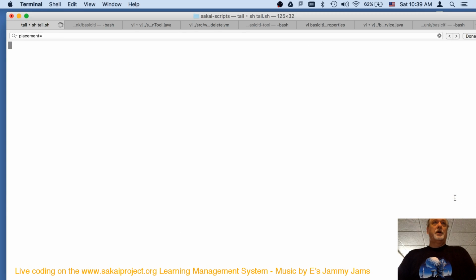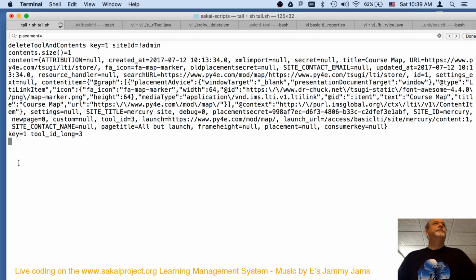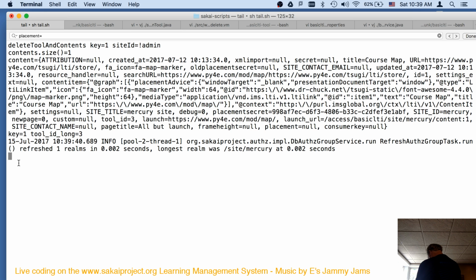Put in my log. Let's see what I'm going to figure out from this moment. Contents.size equals 1. Got it.